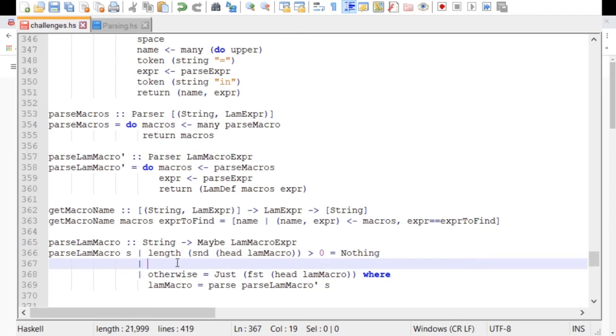So then what we can say, okay, we'll take first, again, and head lam macro. So that's the bit that we want. And then we want the list, right? So we're going inside the lambda here. Speaking of,